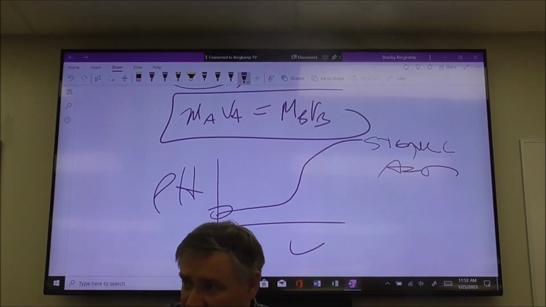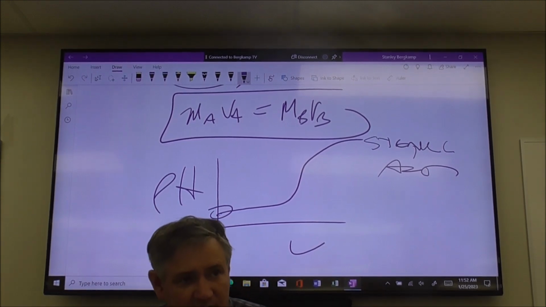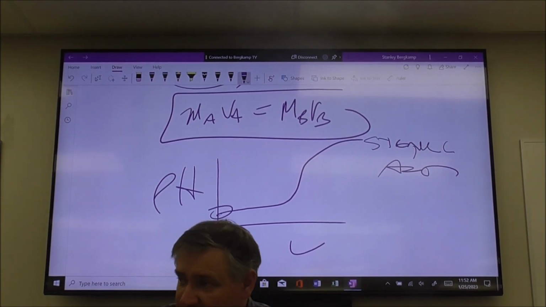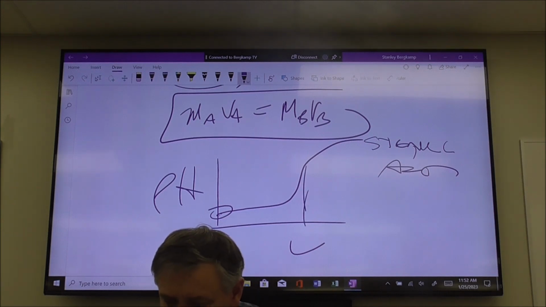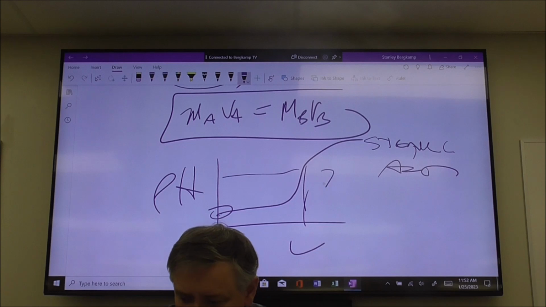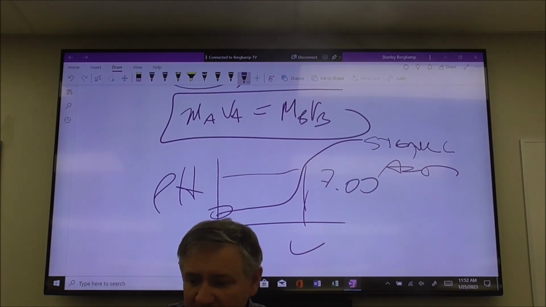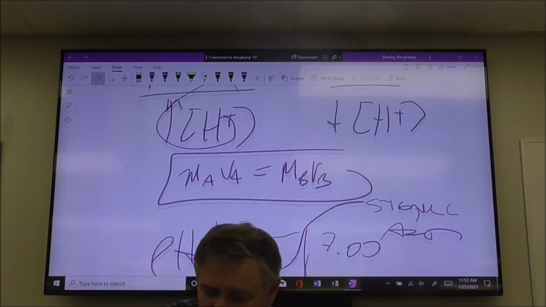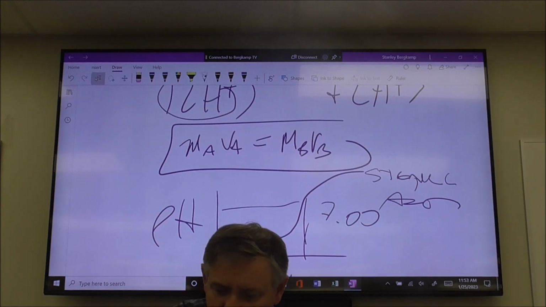That's good. If you go back to what Skippy said, we're going to start with a lower pH because we're going to have a higher concentration of hydronium ions, and that equivalence point is going to have a pH of exactly 7 because if you have hydrochloric acid,